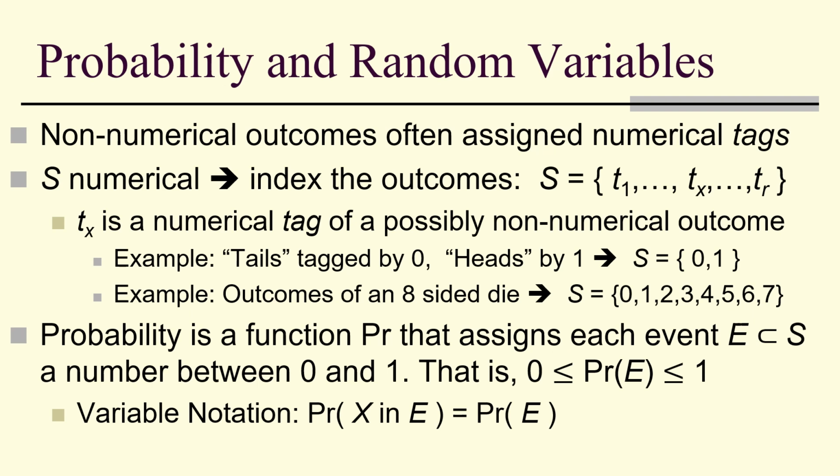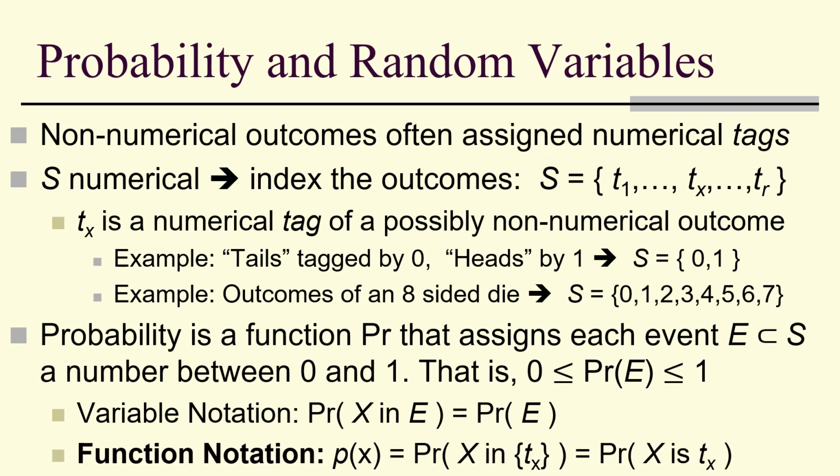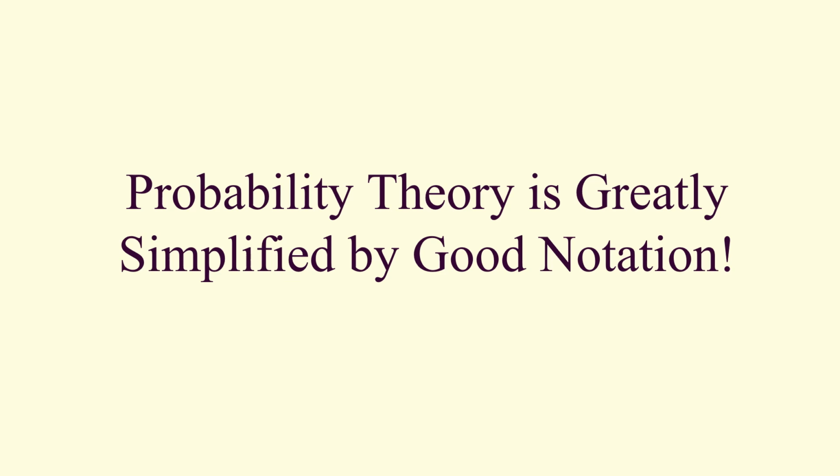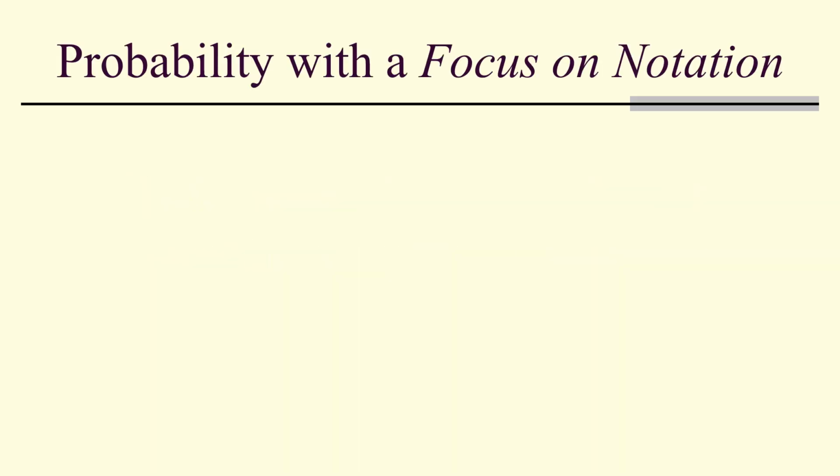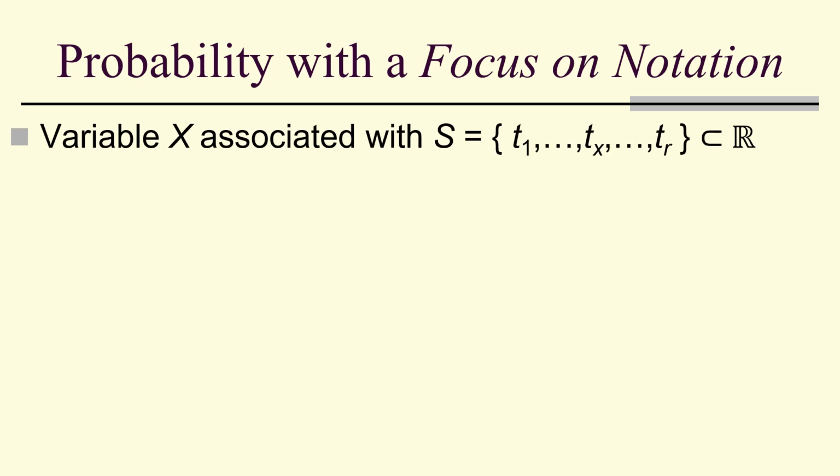In variable notation, the probability that the variable X is in E is just the probability of E. And if we have individual outcomes, we'll often use function notation. So probability theory is greatly simplified if we use good notation. So let's look at probability with a focus on notation. Variable X is associated with a sample space of numerical tags,